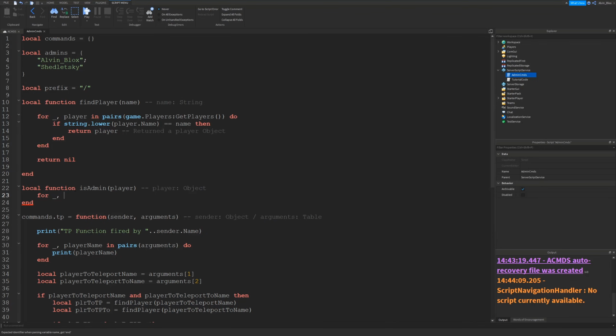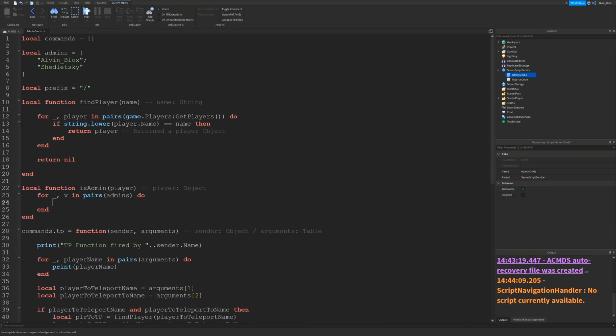So for underscore, comma, v in pairs, or player. No, we'll do v because it's an admin table. It doesn't really matter. It's just the value inside of the table. For underscore, v in pairs, admins. So we're looping through every single name in that admins table. And as it's a string, we need to compare it to the player's name. So if v, so the string, is equal to player.name, then